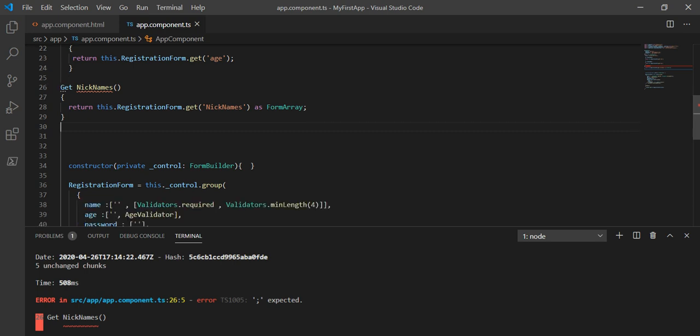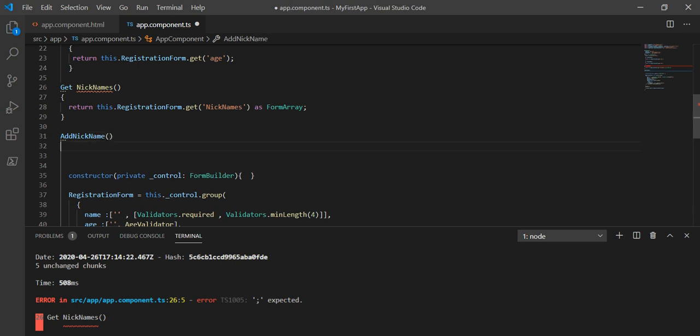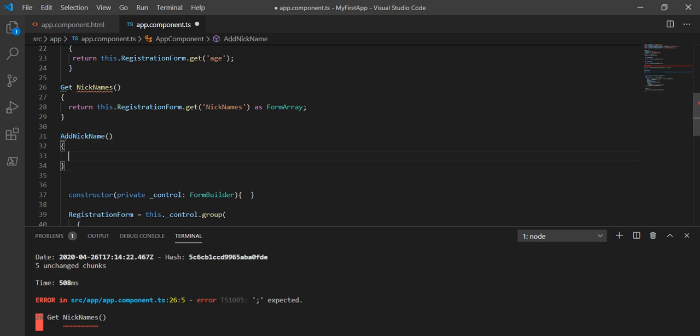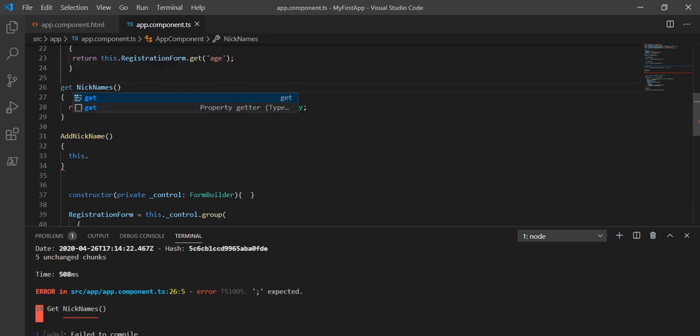So write that method here, and we'll give the method name as addNickname. Inside this, note that this is a small letter.